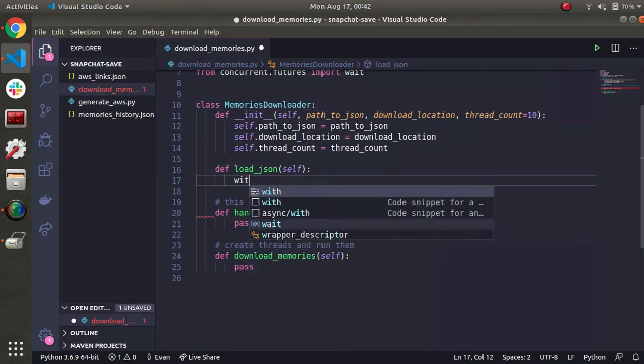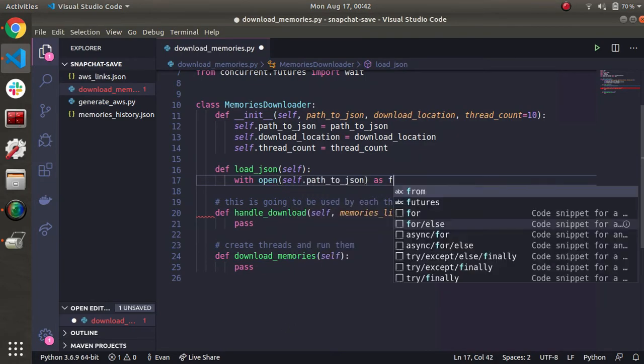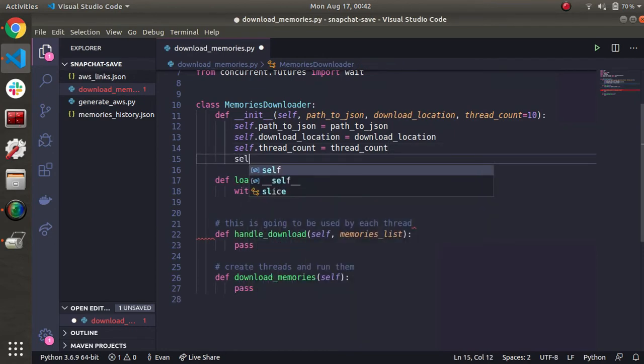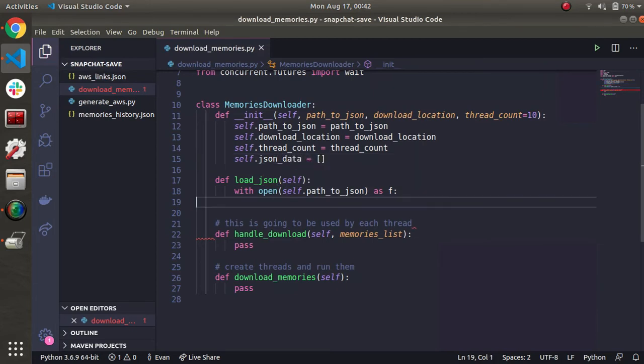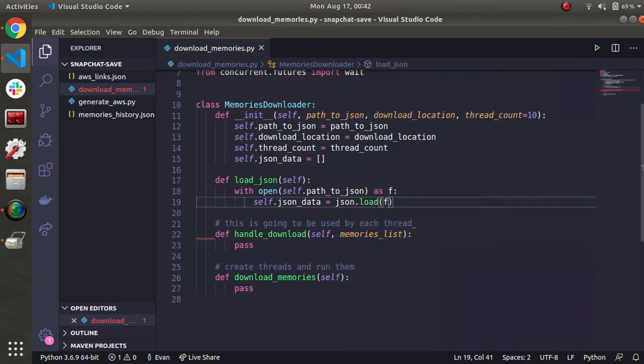All right, back in load JSON, you know the deal. We're just going to do with open, we've done this before, self.path to JSON as F. Then let me get one more self, I'll just call this JSON data, just be empty. And then we'll do self.json data equals JSON.load F, just like last time. No difference. Now, if we're going to have multiple threads running at the same time, we're going to need to